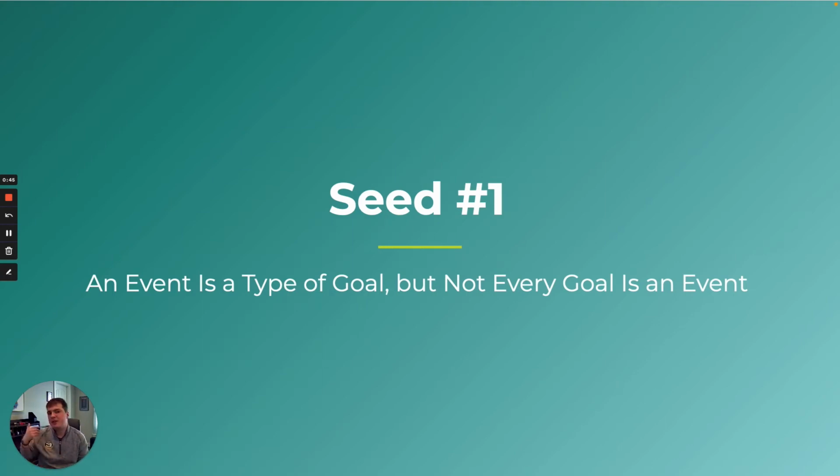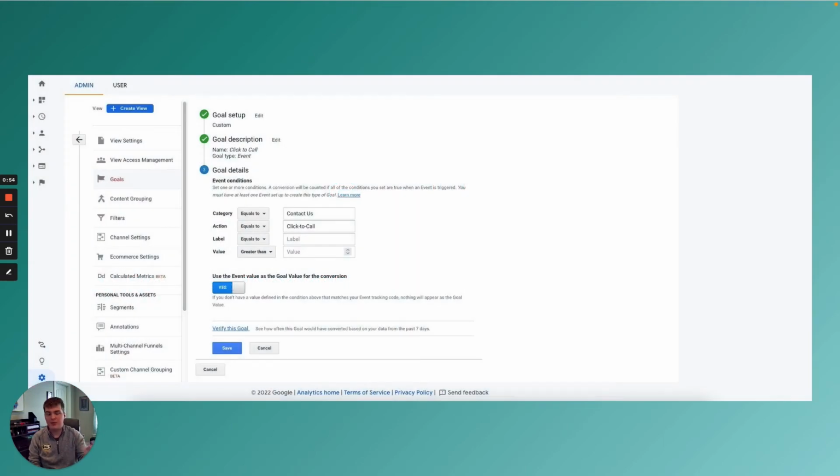So let's say you have an event that you're tracking for people clicking on tel links, and you want to use that event as a goal. Well, then you would go into your goal panel within GA and create an event type goal. Just like you have a duration type goal and a destination type goal, you would create that goal for the